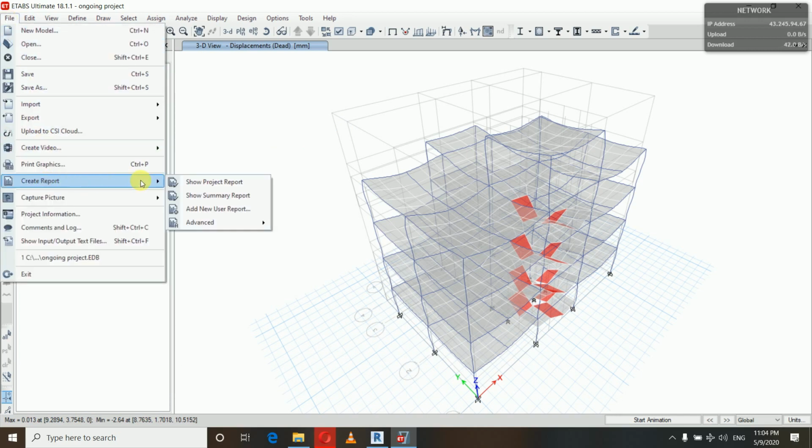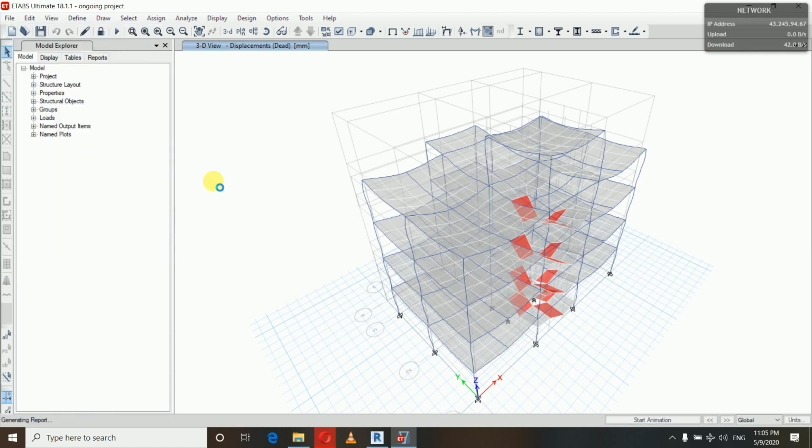In this Create Report you will see Show Project Report, Show Summary Report, and Add New User Report. In Show Project Report you will get all the details from ETABS, and in Show Summary Report you will get some highlighted report, and in Add New User Report you can create the report with a new name, but I'll show you how to get that.